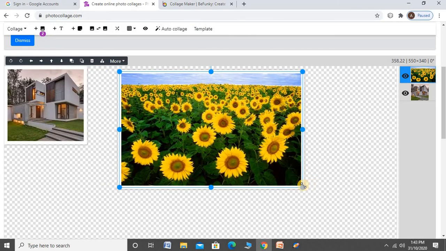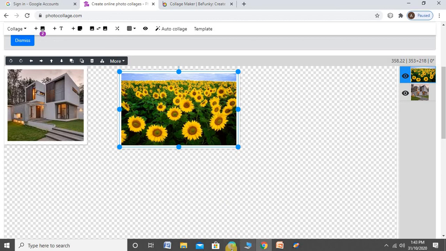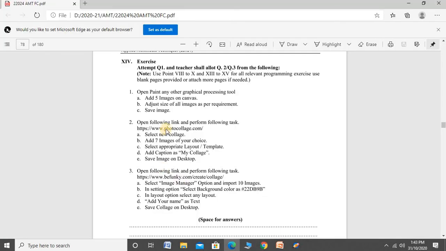What does the question say? Select new collage, add the 7 images, select the appropriate layout template. After that, give the caption as My Collage and save it on the desktop.